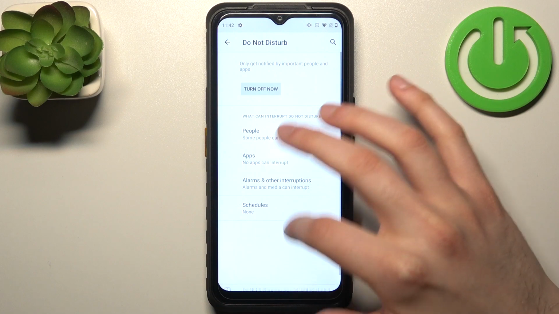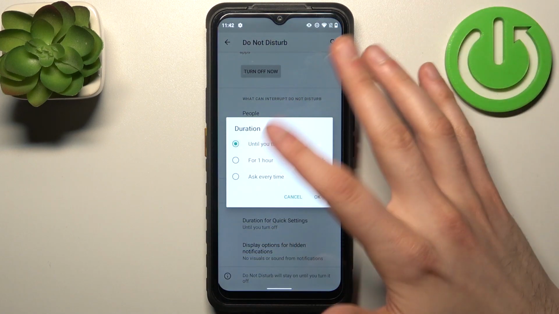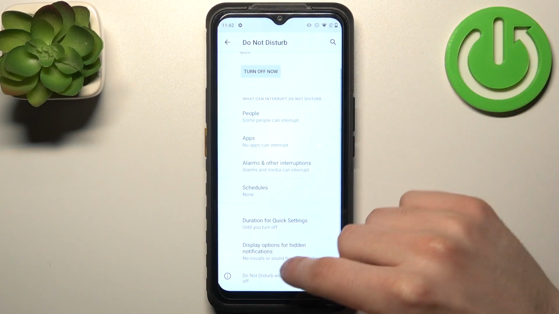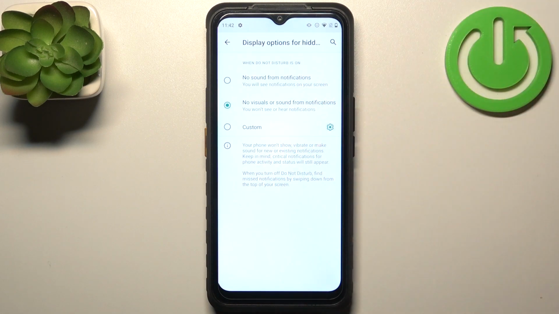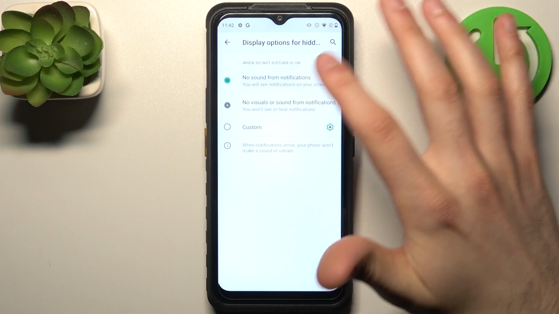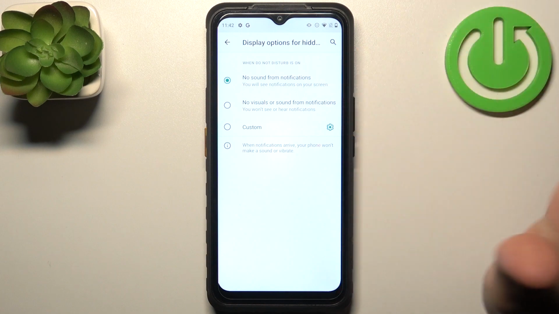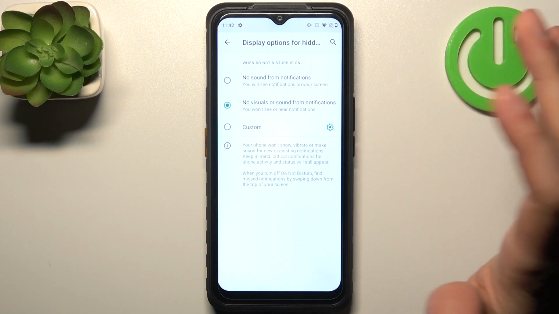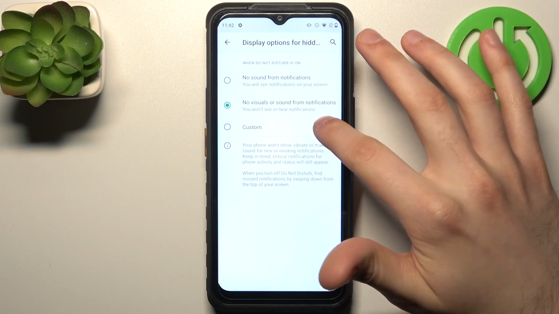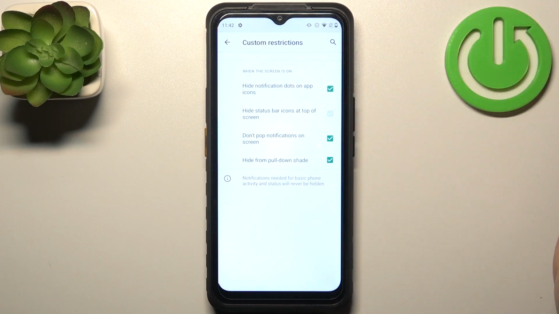You can also set up default duration of the Do Not Disturb mode, and you can also hide notifications. You can only hide sound from notifications, or you can hide sound and visuals. So yeah,